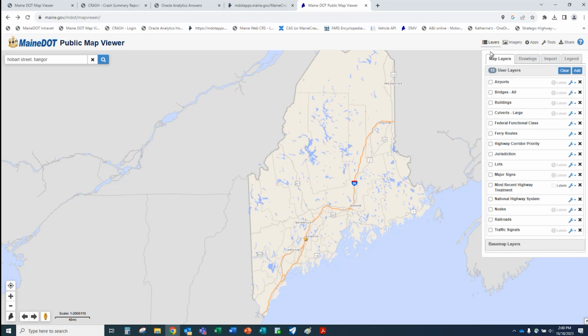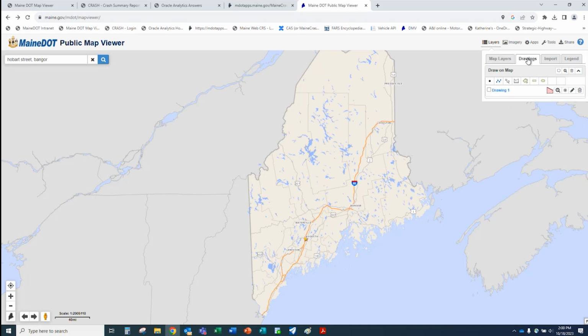In the layers drop down, there are some different options as well. We can do different drawings. You can draw different outlines if you want to highlight a certain area on the map, and you can easily delete those. You can do the same thing with a polygon.